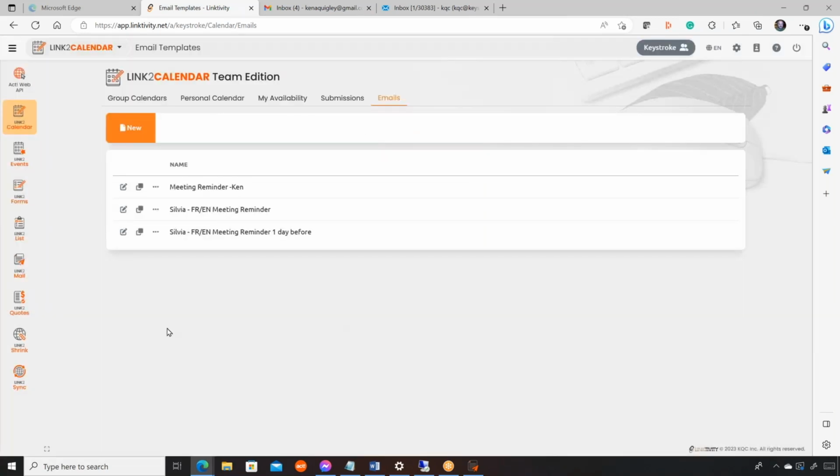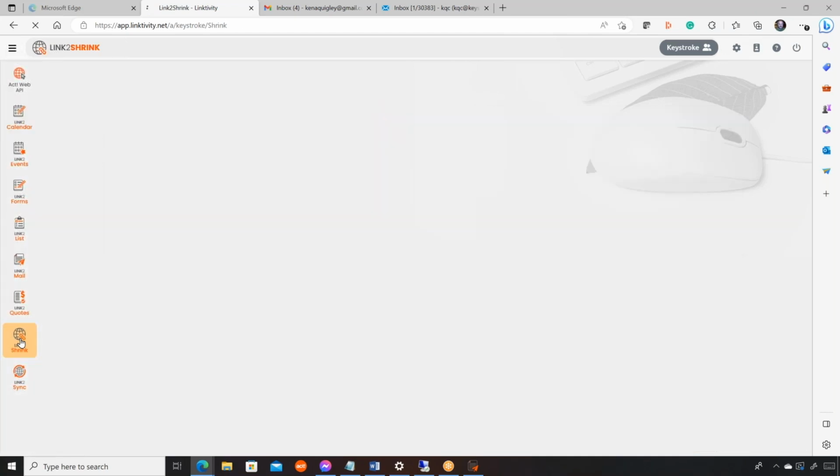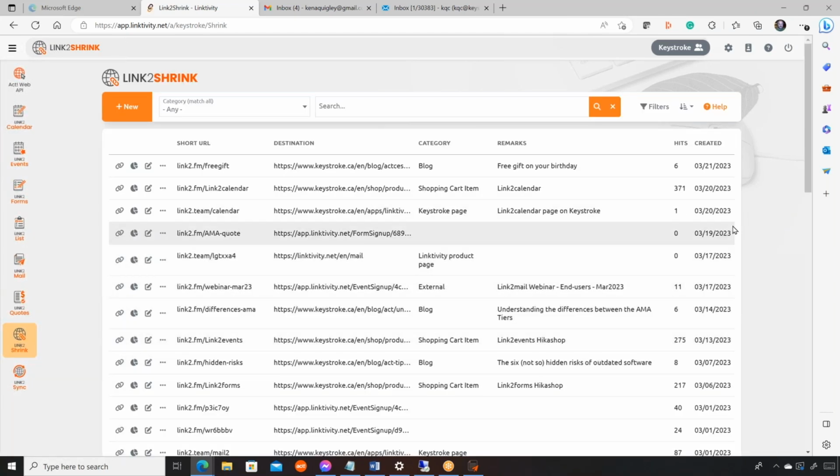And then the last feature, okay, Link to Shrink. What is Link to Shrink? A lot of people, aside from having a funny name, which makes our program coordinator smirk every single time I mention it, Link to Shrink is basically a method for taking long URLs and then reducing them to shorter URLs that you can use inside of social media. You can create them to be far more memorable, things like this. So you could see long things here, and then you could see that I've created a very, very short URL